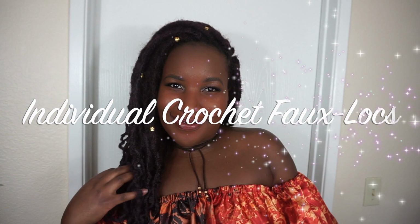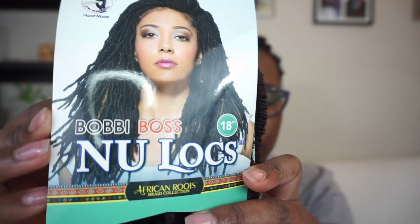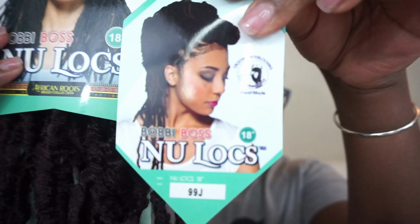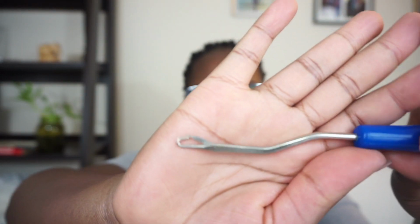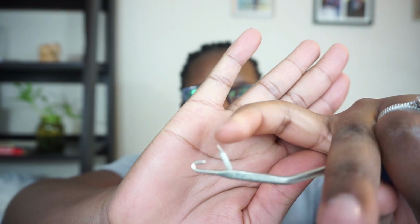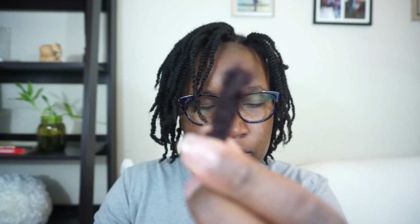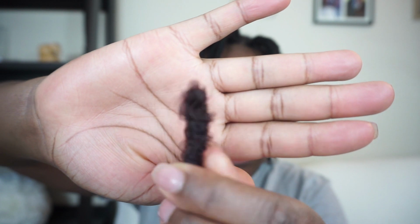This is Tharumi Love, and today I'll be showing you how to achieve this look for the individual crochet faux locks. For this style, I use the Bobby Boss New Locks crochet faux locks in the color 99J. And for this tutorial, all you'll really need is a latch hook crochet needle, and make sure it's the one with the actual latch hook because you will need that. Notice how these crochet faux locks have the little loop in the middle,